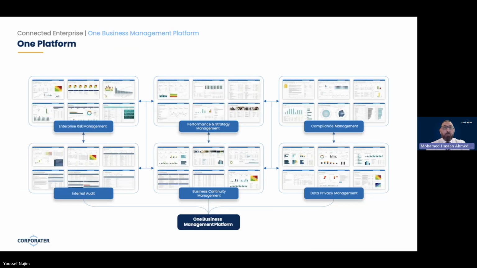Next slide, please. These are some screenshots of our platform capability, showing that we gather all the components of resiliency in one integrated ecosystem. We provide a centralized view of enterprise risk, automate compliance tracking, align strategy with operational KPIs, and embed business continuity into day-to-day operations. So the platform supports everything in one single platform to give you more insights and real-time decision making.